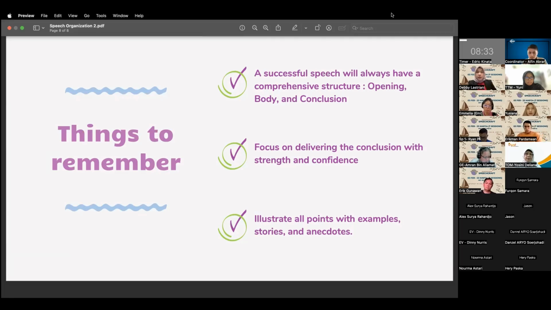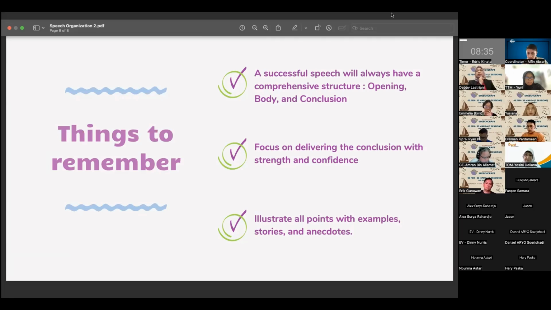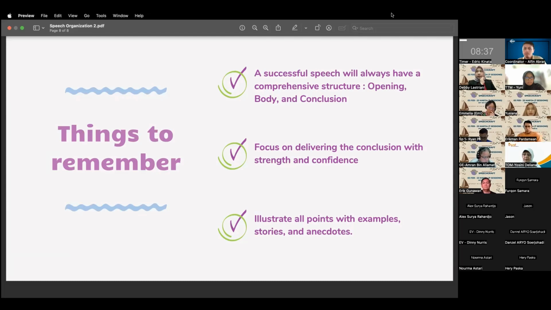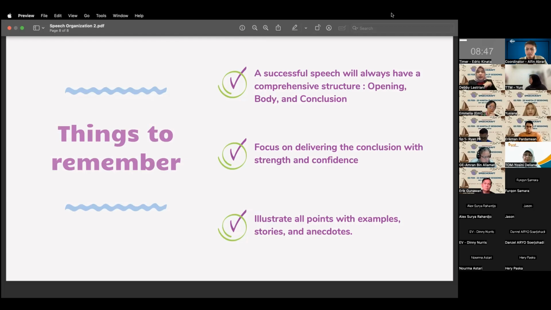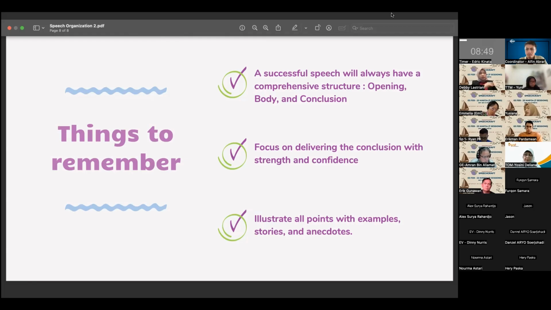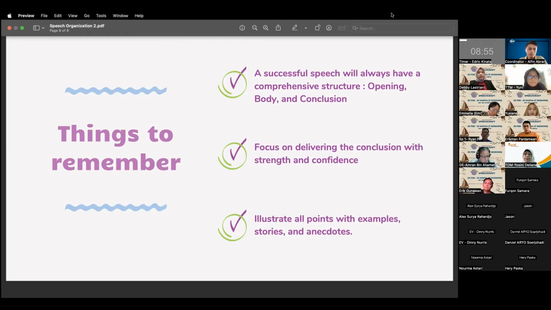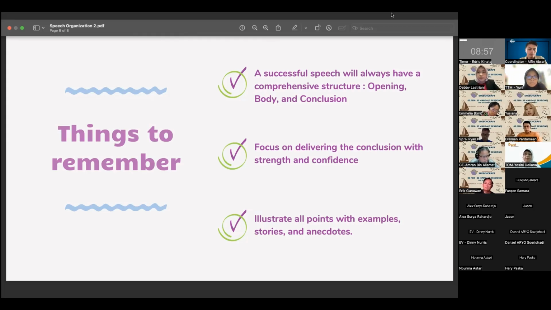In the body, you point out 3 maximum reasons, and give the evidence or supporting data for your story. And don't forget the transition between the body and the conclusion. And in the conclusion, you can give the summary of your topic.